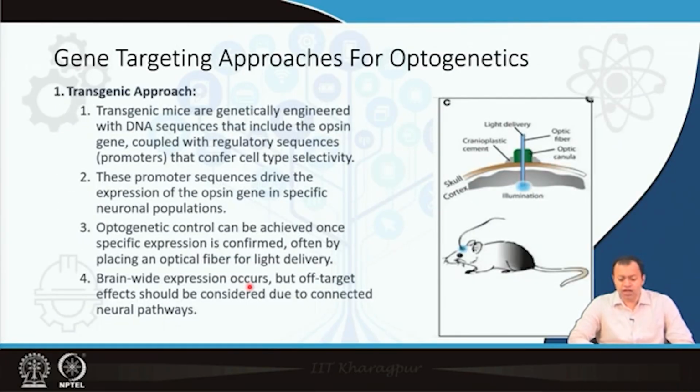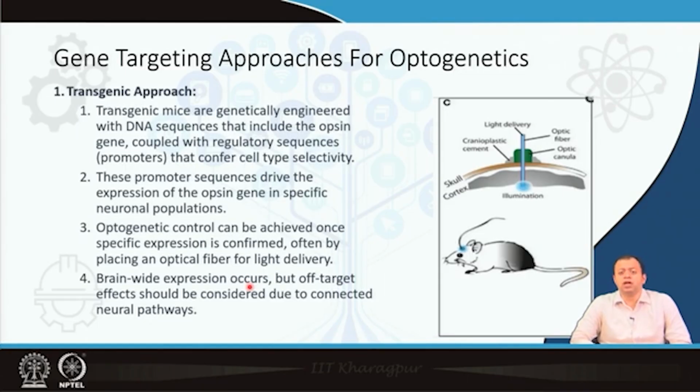We also have gene targeting approaches. This I think we have discussed. We produce transgenic mice. Transgenic means the mice usually have a particular set of genome sequence, and you transfer certain genes from other species onto it, making it transgenic, which is genetically modified. You have heard of GMO